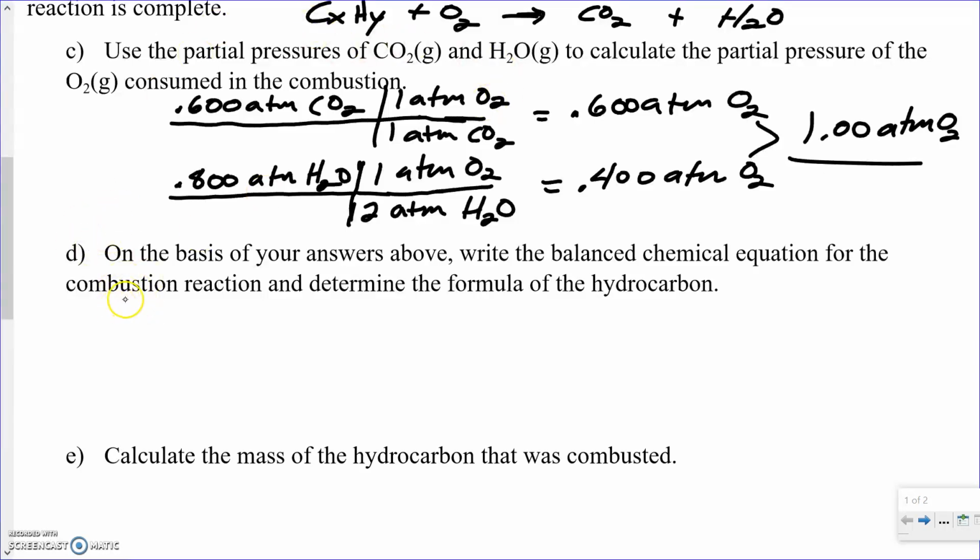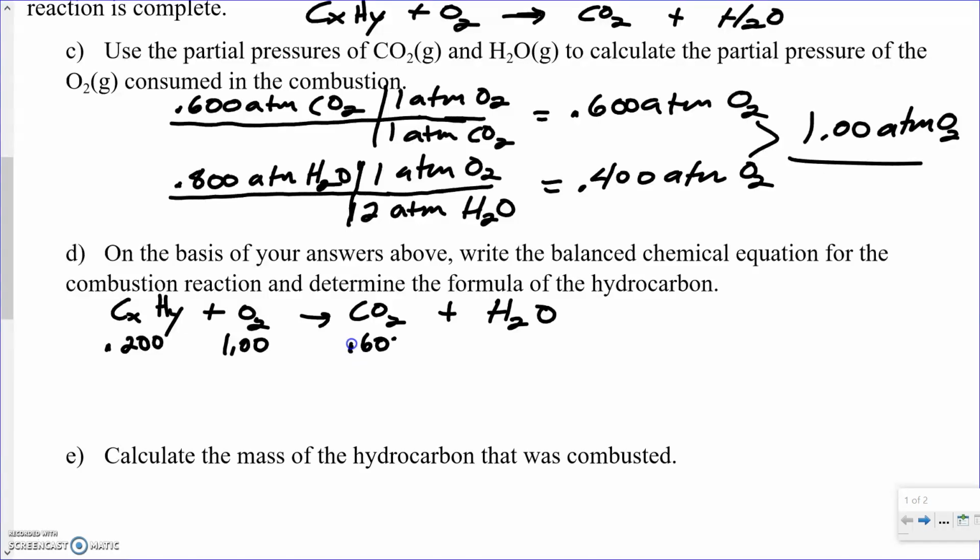So if we grab our reaction that we wrote up here, CxHy plus O2 makes CO2 plus H2O, and remember that we had 0.200 atms of this, which you can grab from the top of the problem. We just calculated this as 1.00 atms oxygen that was used, and again, we know all of this was used because we're not told any of it's left over. We are told oxygen is used, and there's some left over, so not all of the 1.2 is used, only the one we calculated up here is. We're told that this is 0.600 atms for our carbon dioxide, again, that's just the number above us, and 0.800